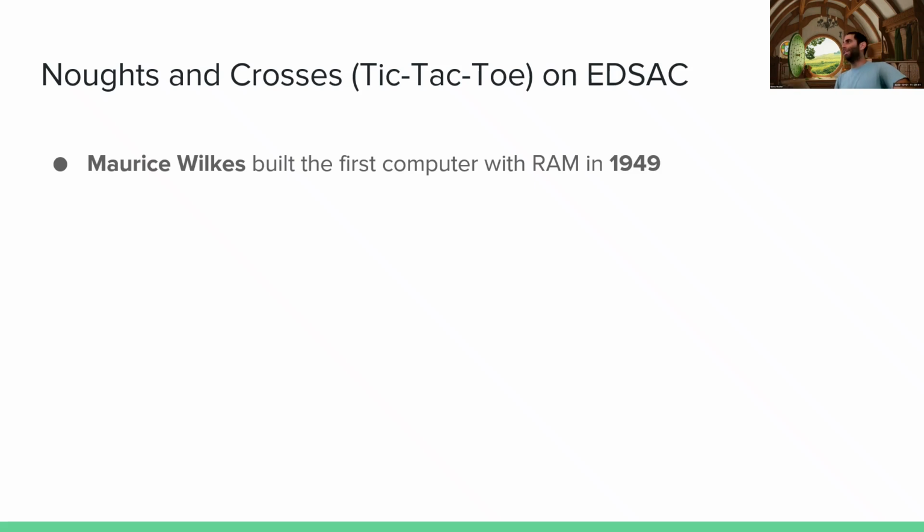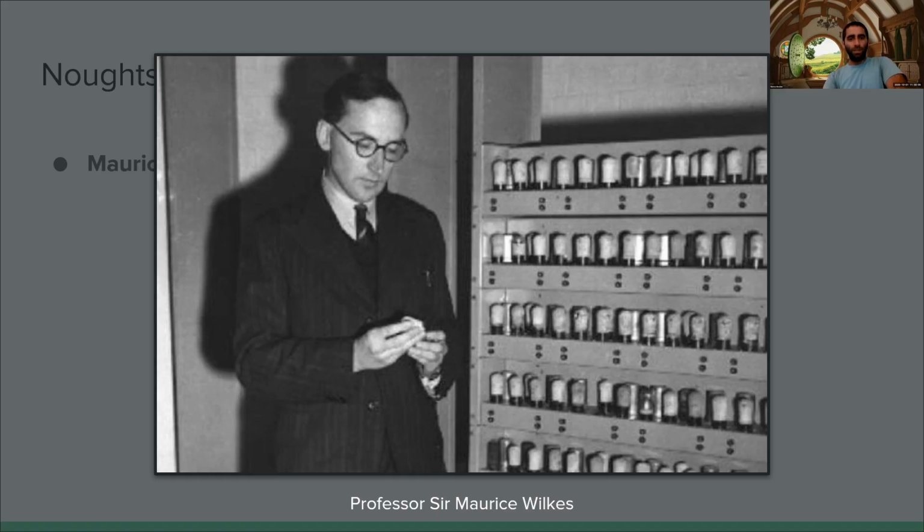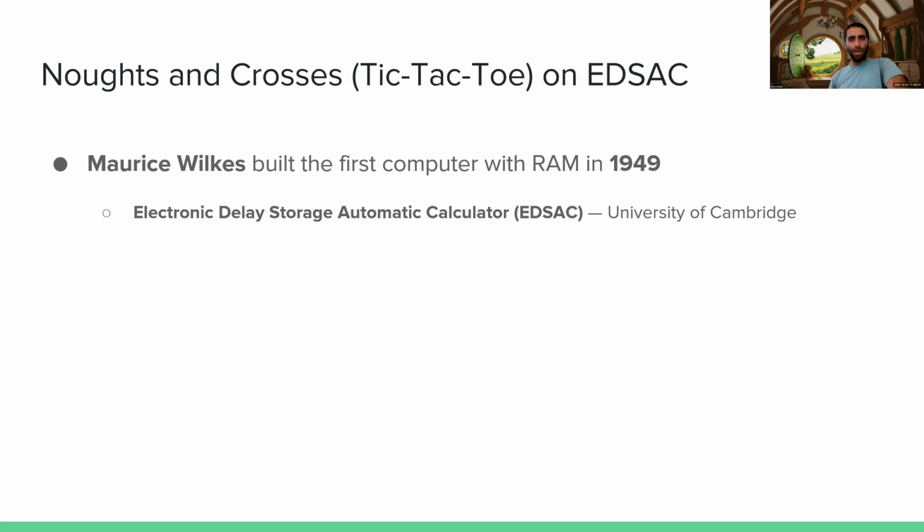So on your computers, you might be thinking, oh, I have 8 gigs of RAM or 16 gigs of RAM. RAM didn't exist in the old computers. You turn them off and nothing persists. And when you turn them on, nothing persists in memory longer than the immediate execution. So having memory that you could store variables and then access those variables just didn't exist until 1949. Here's a photo of Maurice Wilkes. And that computer that he built was the Electronic Delay Storage Automatic Calculator, EDSAC.